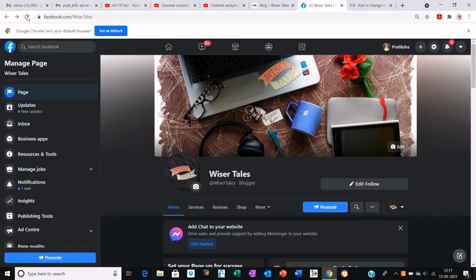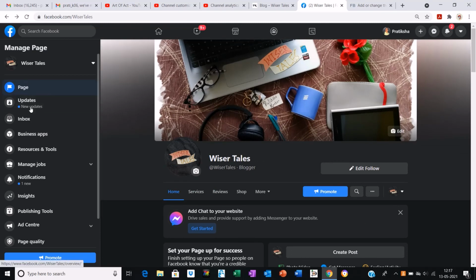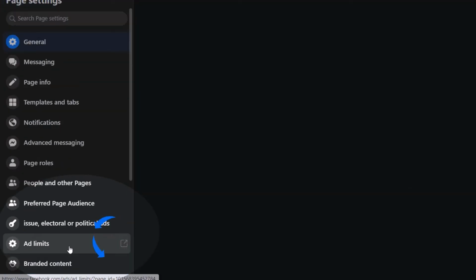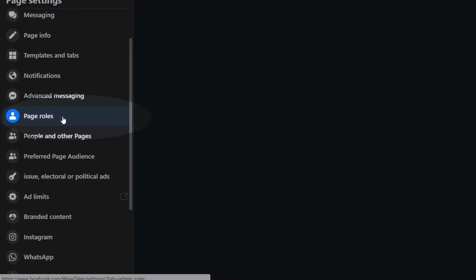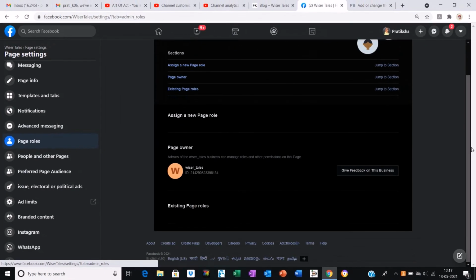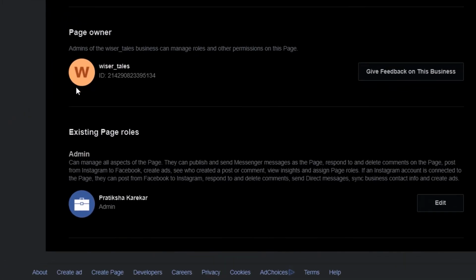Now coming back to the third section of this demo video, it is about how to connect your Insta to the Facebook page from the Facebook application. So coming back to your page, you need to go to the settings section, go to the page roles first to see if you are yourself the admin of your page, which you can see at the bottom under your name. There it's mentioned the admin as a role.